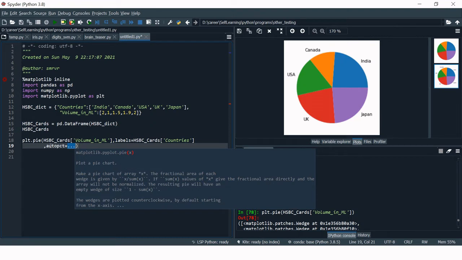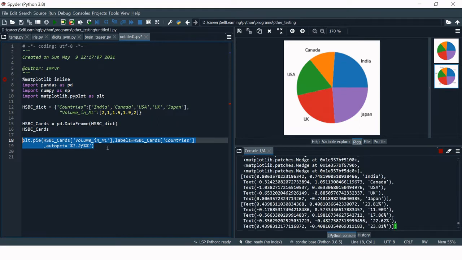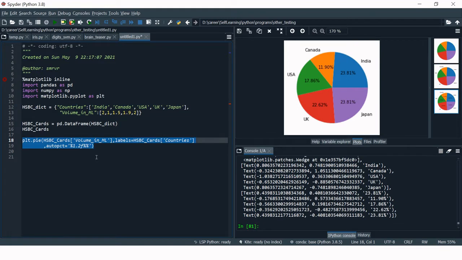It will automatically calculate the percentage of this value, right? You can say that using this %1.2f. Here we are saying display in 2 decimal value. f represents float, and this is the percent. One more percent symbol we need to put over here. All right, and then let's run this. Here we go. This is how you can represent the percentage of your values.